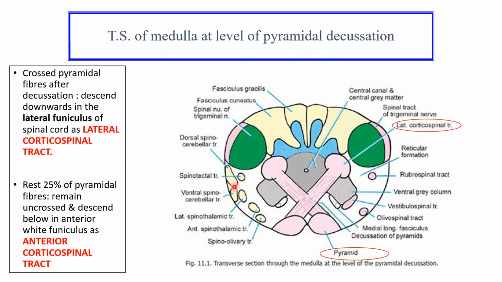The placement will be similar in fashion: dorsal spinocerebellar, then ventral spinocerebellar, spinotectal, lateral spinothalamic, anterior spinothalamic, and spino-olivary. On one side you can draw these ascending tracts the same way as we have drawn in the spinal cord, and on the opposite side you can draw the descending tracts: the rubrospinal, the olivospinal, and the medial longitudinal fasciculus. On the lateral aspect everywhere you have the reticular formation, so you have to mark this reticular formation.